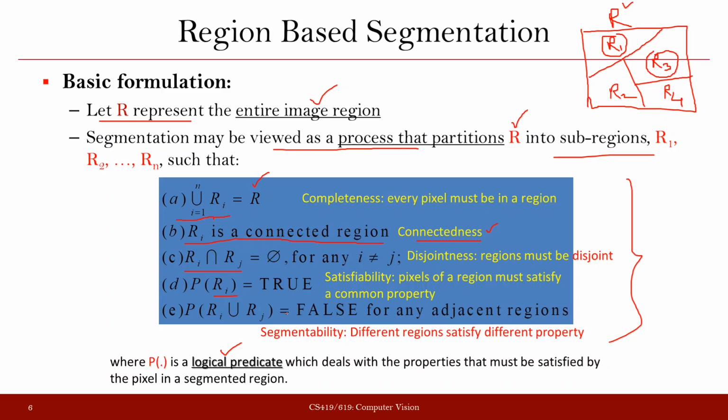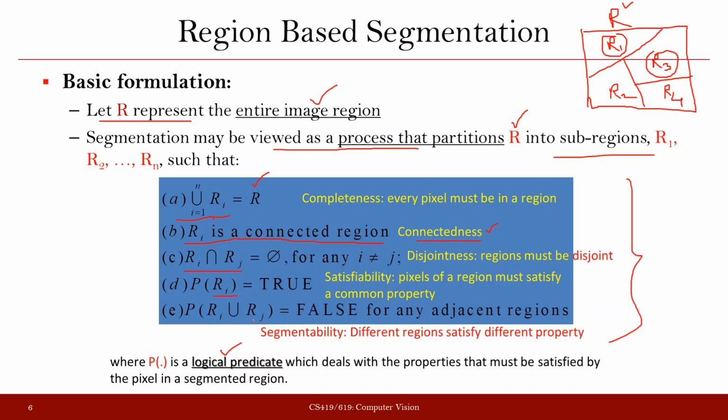So these are the common characteristics we are going to see. This may be because of color, or gray level, or texture. But all the pixels falling in one region will, as we said, be homogeneous in any segment, so they will have the same characteristics. And similarly, the fifth property: